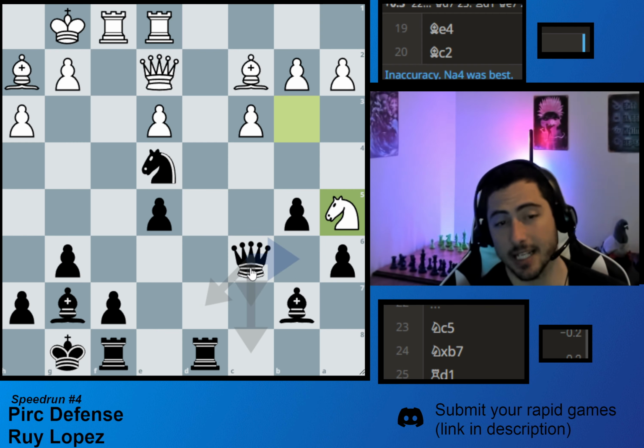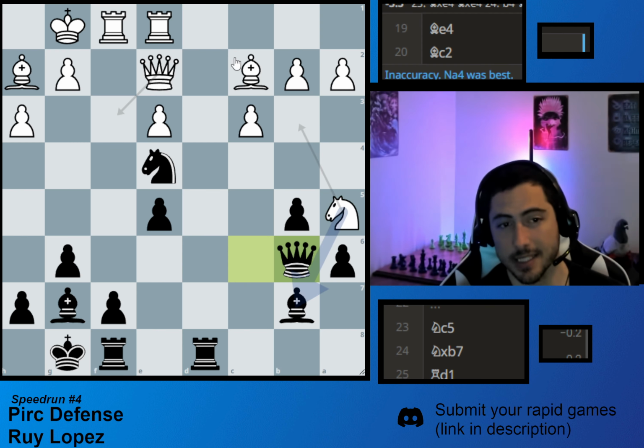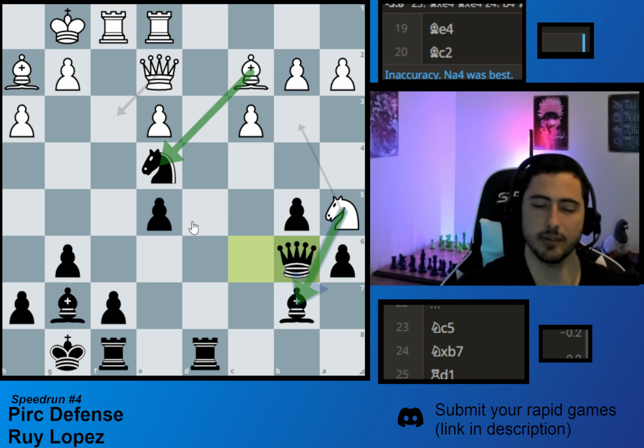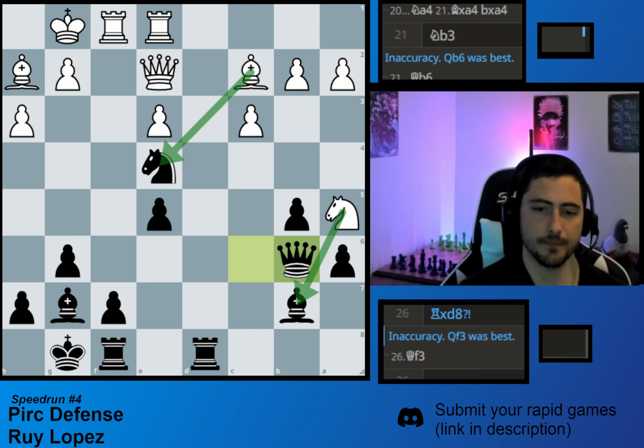The queen has to stay in contact with the bishop. So when you go here, now he can take your knight or your bishop. But in both cases, everything's just going to be traded for everything, which is kind of what happened in the game. So if we go back,